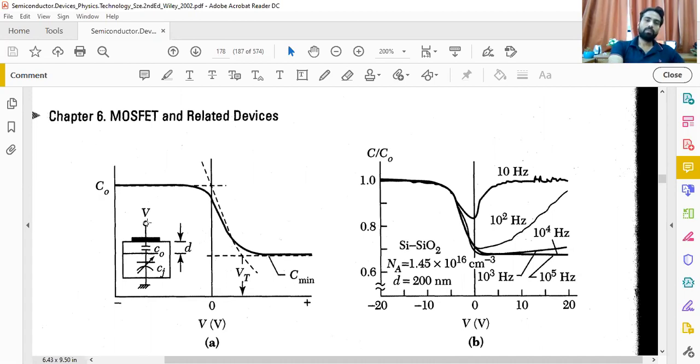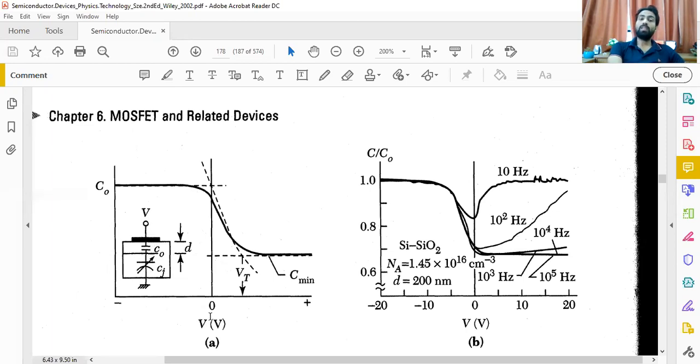When you give this negative voltage here, it is a p substrate, so holes will be moving up here and electrons will be moving away. The junction will not be sustained, and when there is no junction, obviously what happens? The junction capacitance will not be there. Under this situation, a very important and very simple point: when you are applying this negative voltage here, only C naught remains, the junction capacitance will not be here. So that's why the total capacitance is almost equal to C naught.